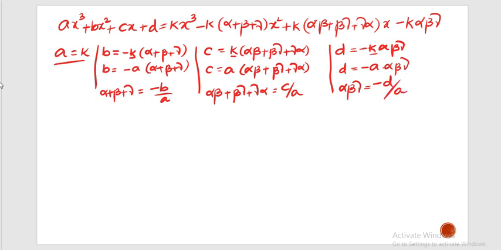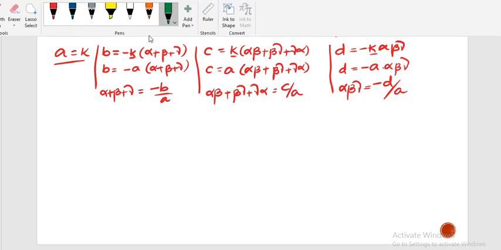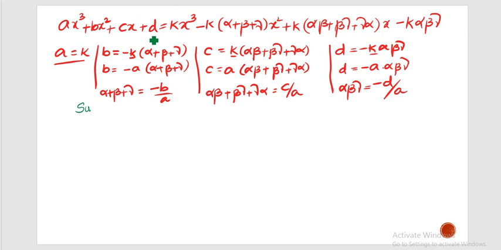So if you observe all the denominators, they are nothing but the leading coefficient, right? Now let us see how you will read this. Alpha plus beta plus gamma is equal to minus b by a. Now this particular alpha plus beta plus gamma, already you know, is nothing but the sum of zeros. And alpha into beta into gamma, you know, is nothing but the product of zeros. So we can write this as the product of zeros.